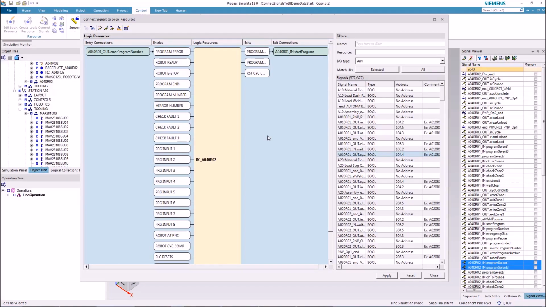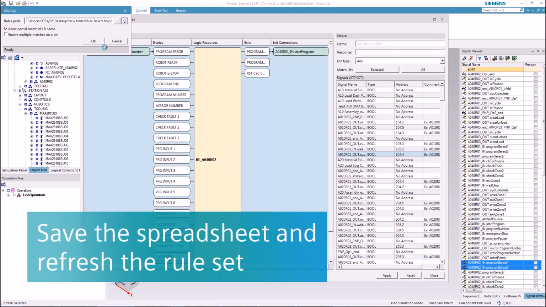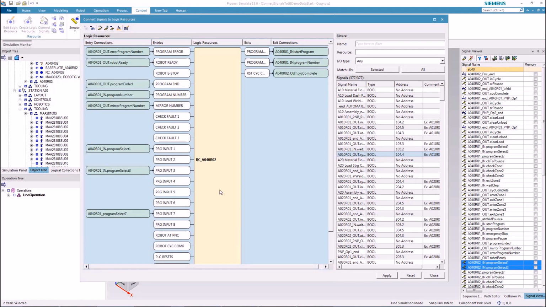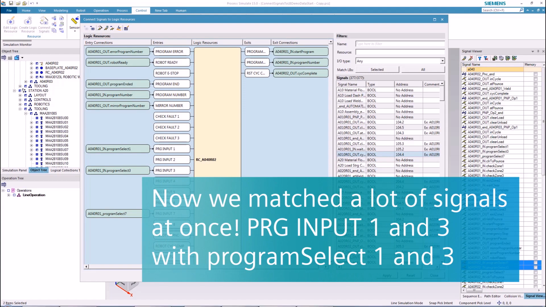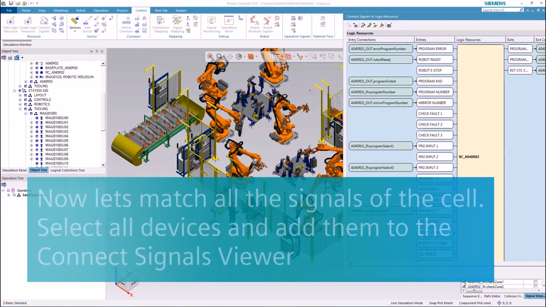switch to Process Simulate and reload the rules. And then match the signals again. And we can see it has already automatically matched the other signals according to the rules we specified. Great, so this robot device is done. Let's match the signals of the whole cell. To do this,